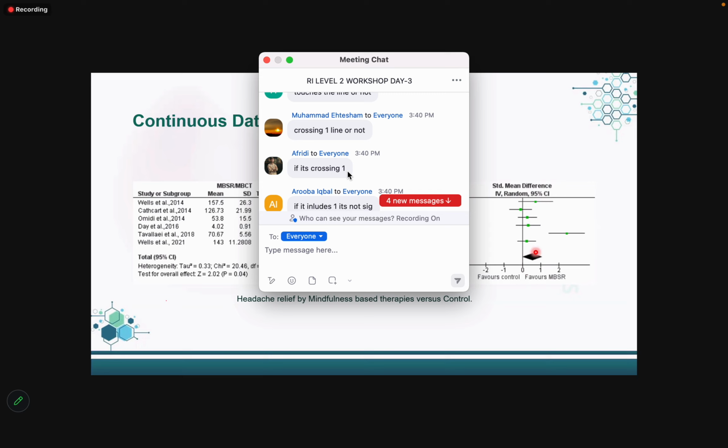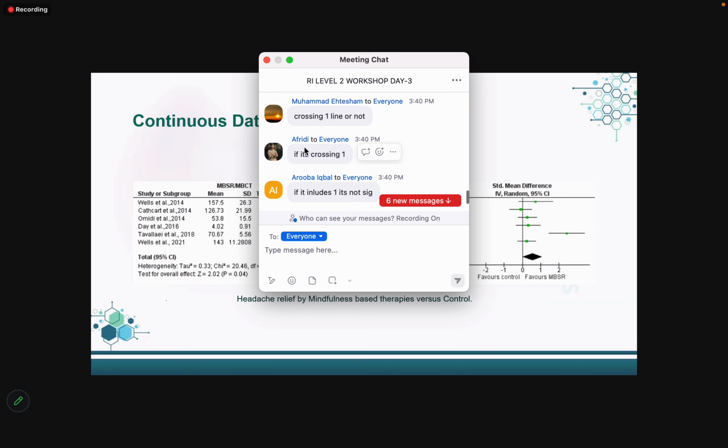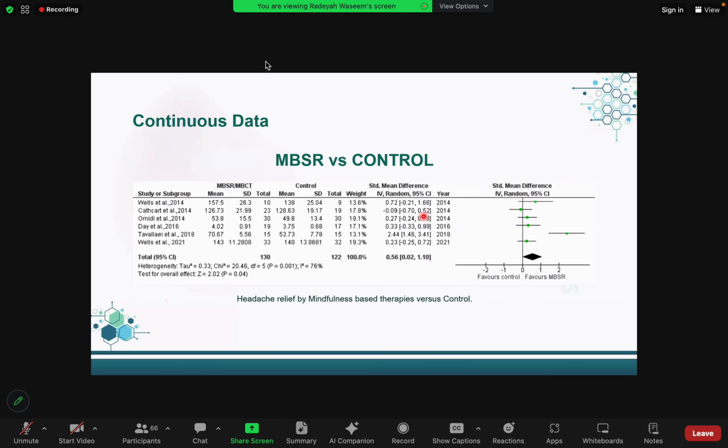Okay, very good, excellent. So now look at this confidence interval for me. Minus 0.70 to 0.50. Is this confidence interval significant or non-significant? Non-significant. Excellent. Look at this confidence interval. 1.46 to 3.41. Is this confidence interval significant or non-significant? Sona, it's significant. Yes, it's significant, guys. Both the values are positive.